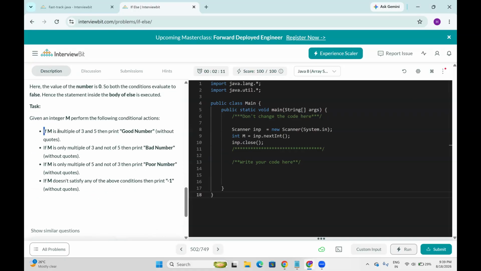Okay, what is our task? If n is a multiple of 3 and 5, then print good number. If n is a multiple of 3 and also of 5. So it's more like if it is a multiple of 15, it's a good number. If it's just a multiple of 3, it's a bad number. But if it is a multiple of 5, it's a poor number. And if it's a multiple of neither, then it's